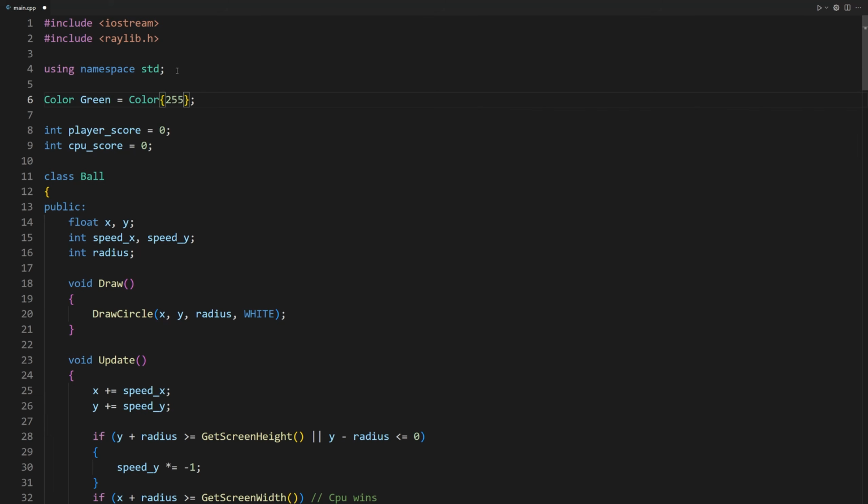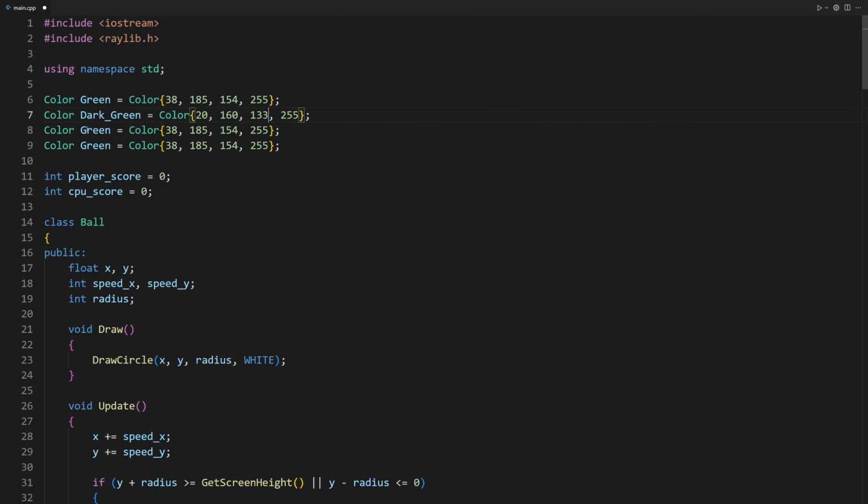We don't use transparency, so this value will be set to 255. For the green color, the values are the following: 38 for the red, 185 for the green, and 154 for the blue color. Great. Now with the same procedure we create the next three colors: dark green, light green and yellow.